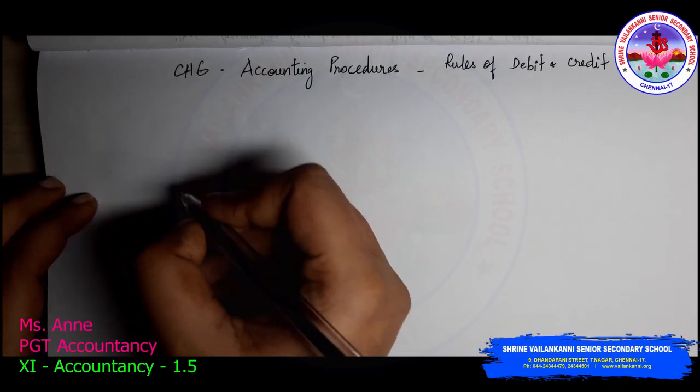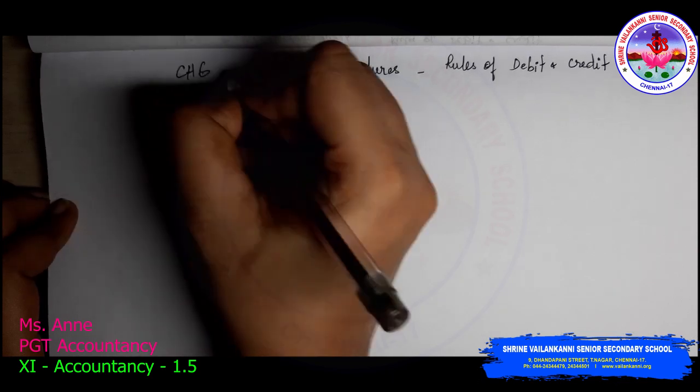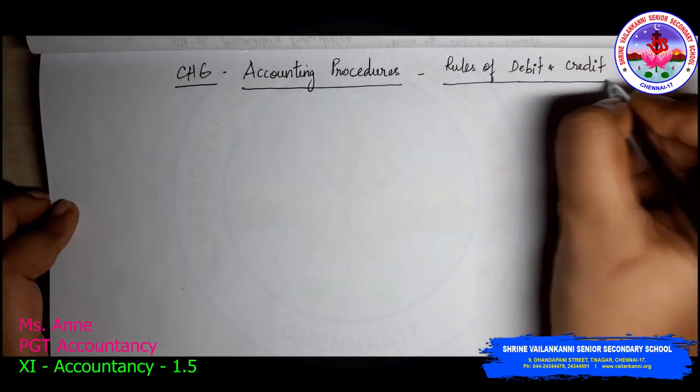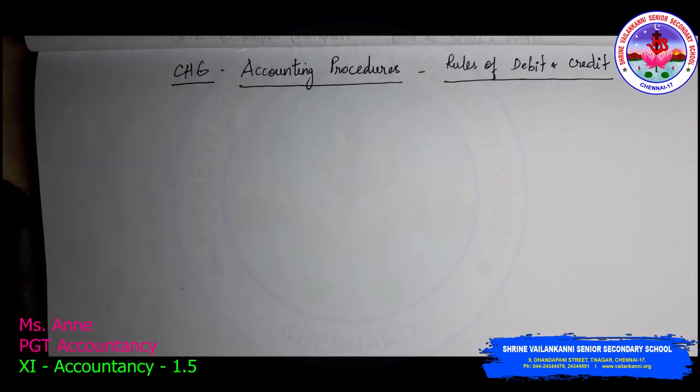This session we are going to learn a new chapter, chapter 6, accounting procedures and the rules of debit and credit. So this chapter seems very important. You may think that ma'am, you have completed first chapter but you're jumping to chapter 6. But what is the real